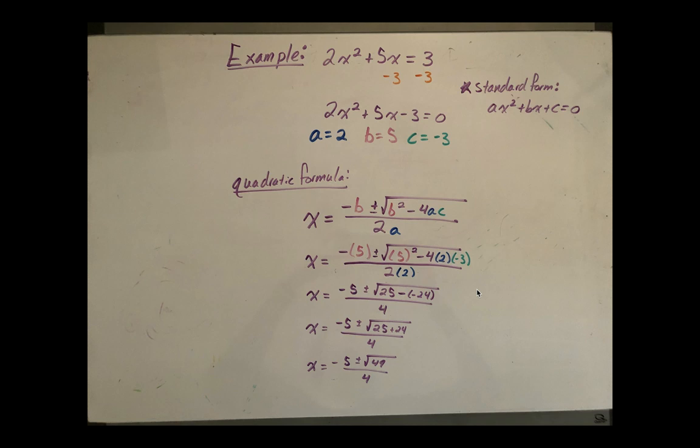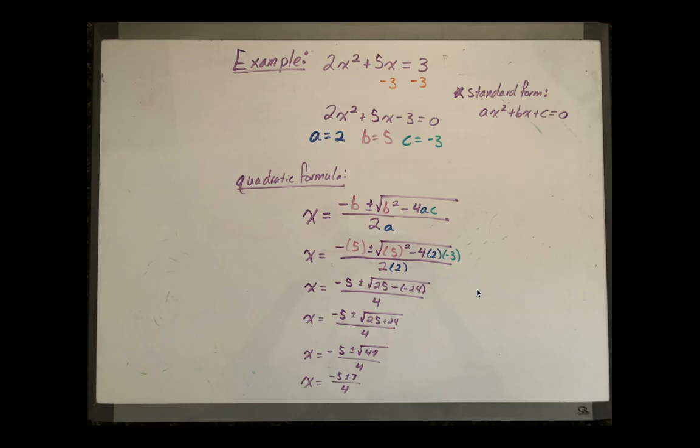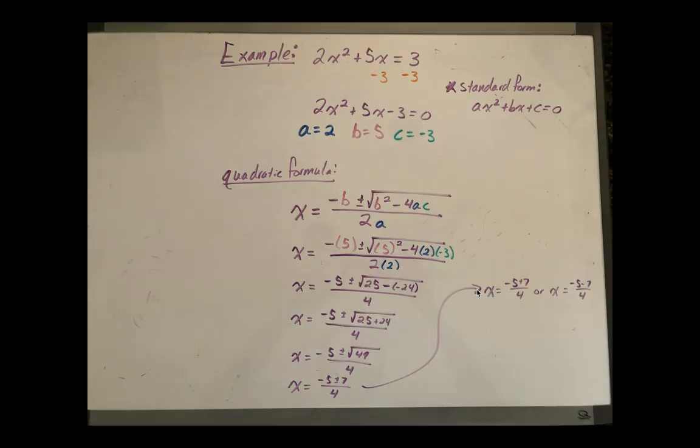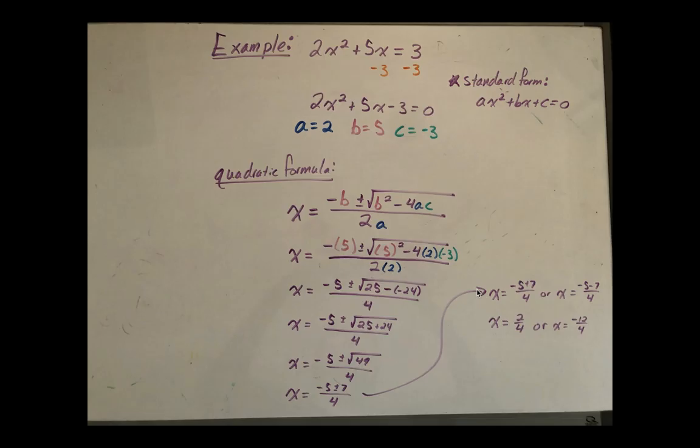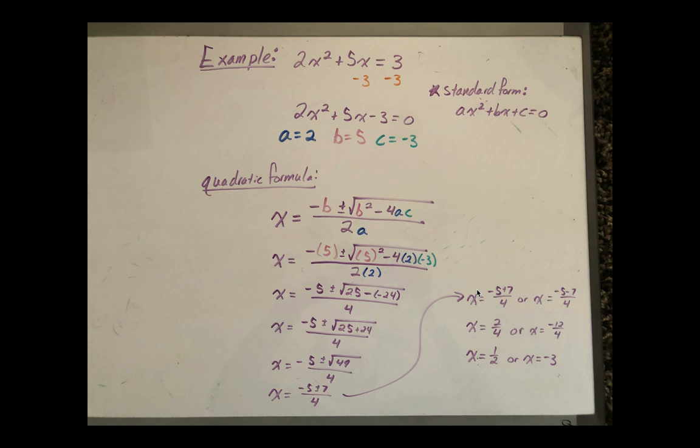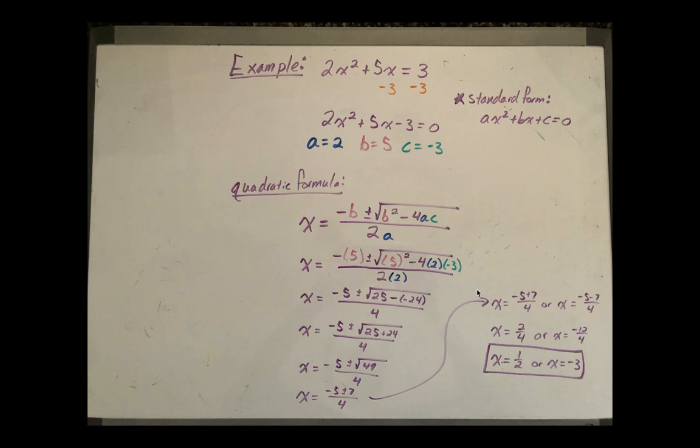And the square root of 49 is 7. So we get x equals negative 5 plus or minus 7 over 4. That can be written as two separate solutions: x equals negative 5 plus 7 over 4, or x equals negative 5 minus 7 over 4. Those then become x equals 2 over 4 or x equals negative 12 over 4. So we get x equals 1/2 or x equals negative 3. Those are our final answers, and they are the exact same final answers as we found when we did this